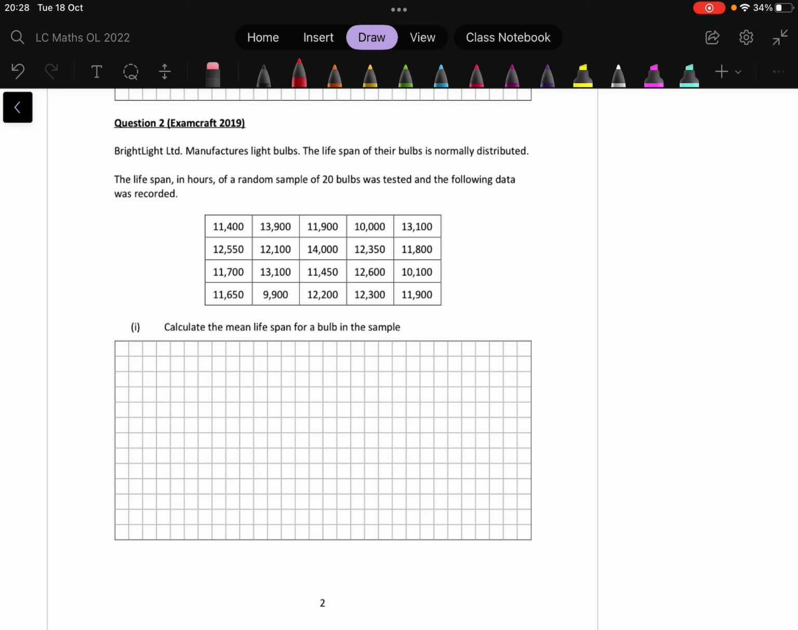So we're given the lifespan in hours for these 20 random bulbs from this company. The first question says to calculate the mean lifespan for a bulb in the sample. So we have to remember that the mean is the one where we add up, we count how many we have, and we divide. So to work out the mean, we have to add them all up first, and if we do that, we should get